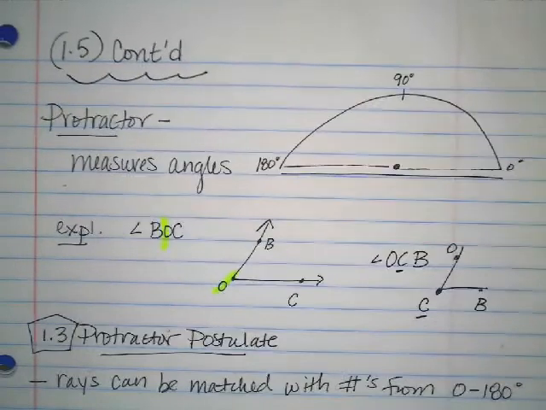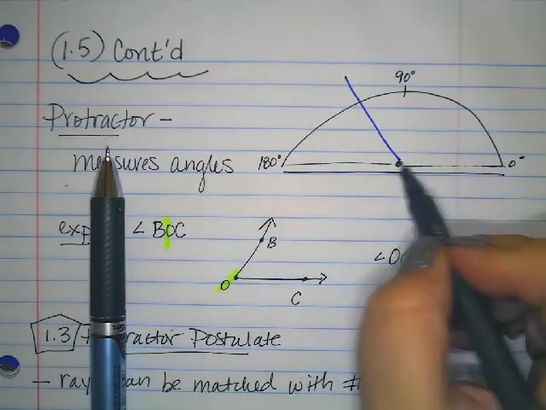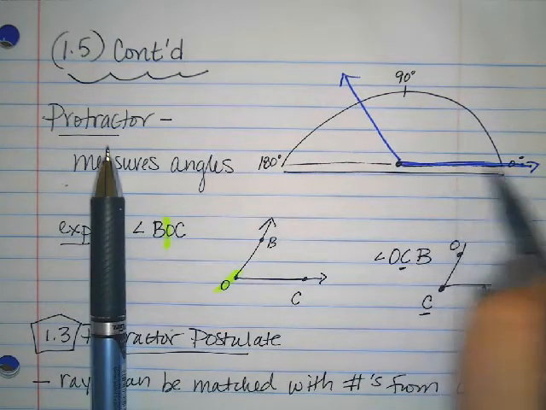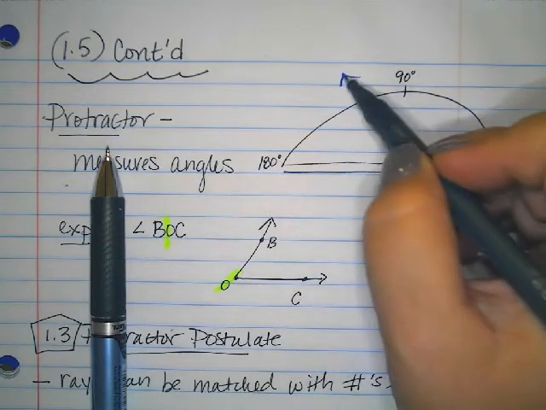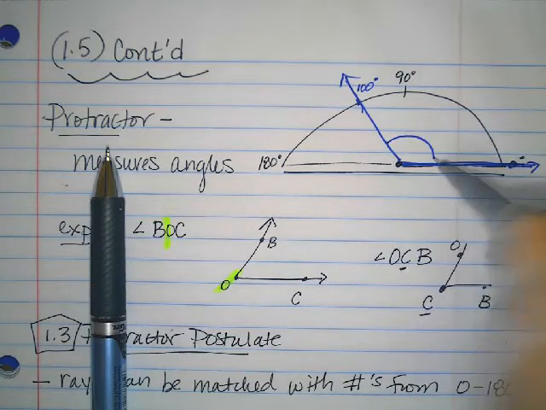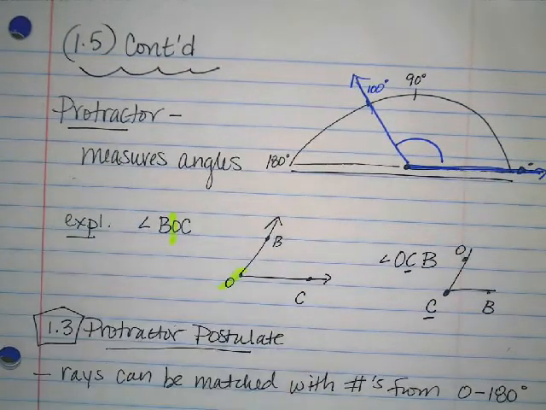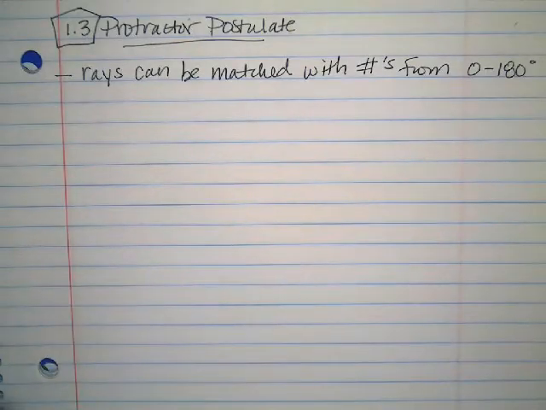So if I go back and I decide that I have an angle that looks something like this, I can use these two rays to line up the protractor, and I can match this one, let's say, to 0, and then I can match this one to, I'll call it 100. So I know that this angle measure is 100 degrees. So that's what the protractor allows us to do. The next piece, what we're going to do today, is practice more constructing. So you need your compass